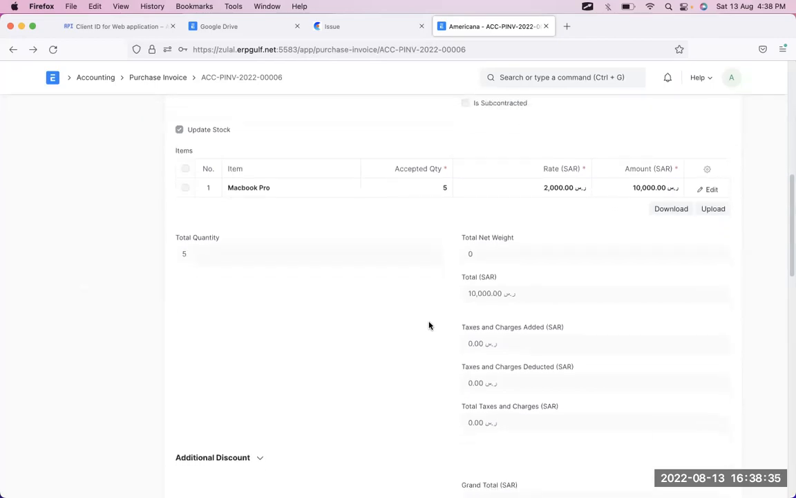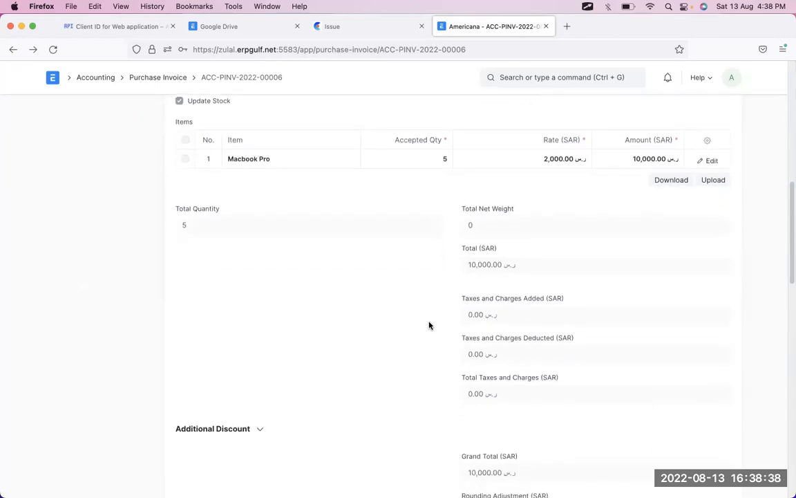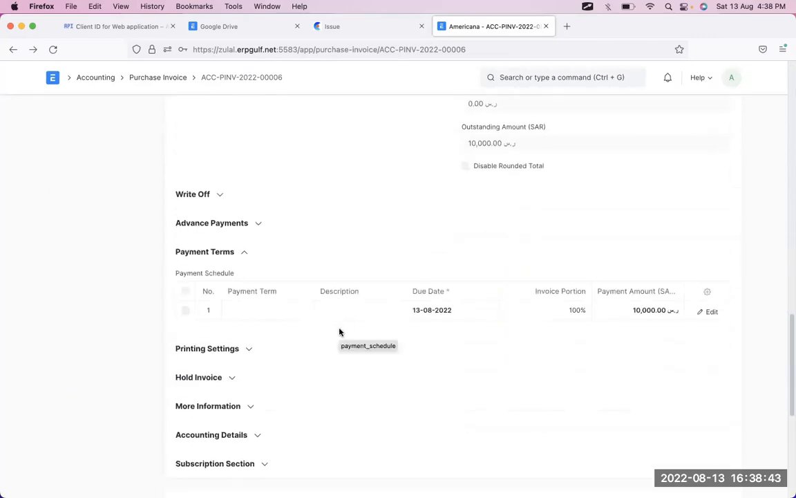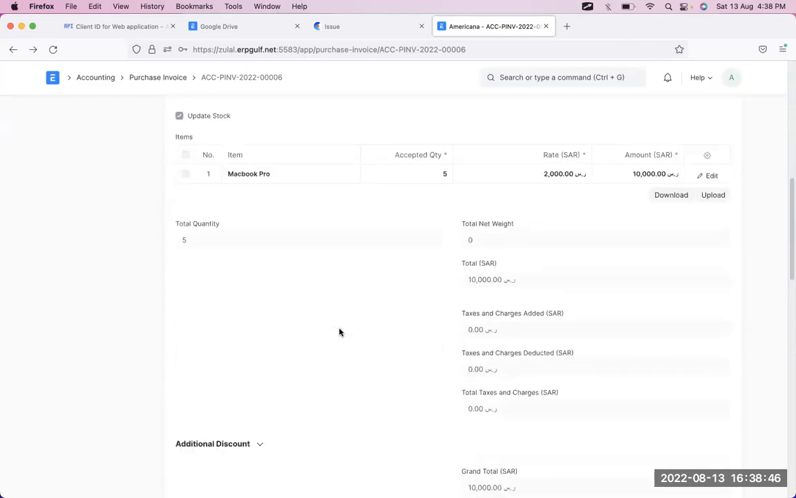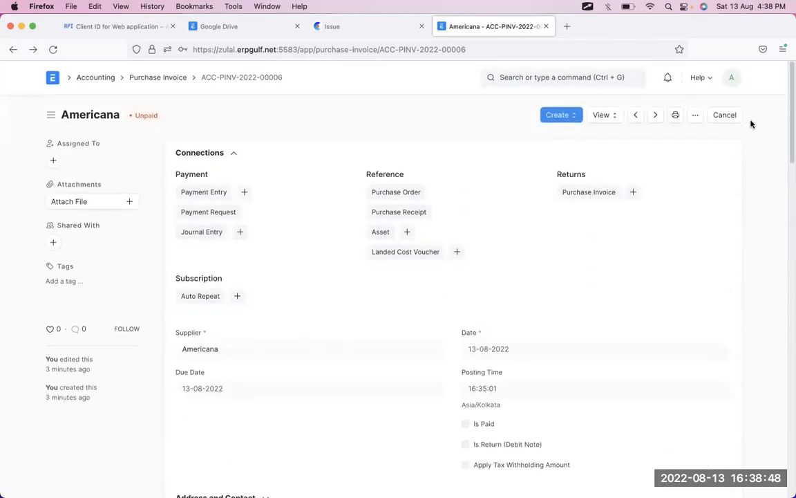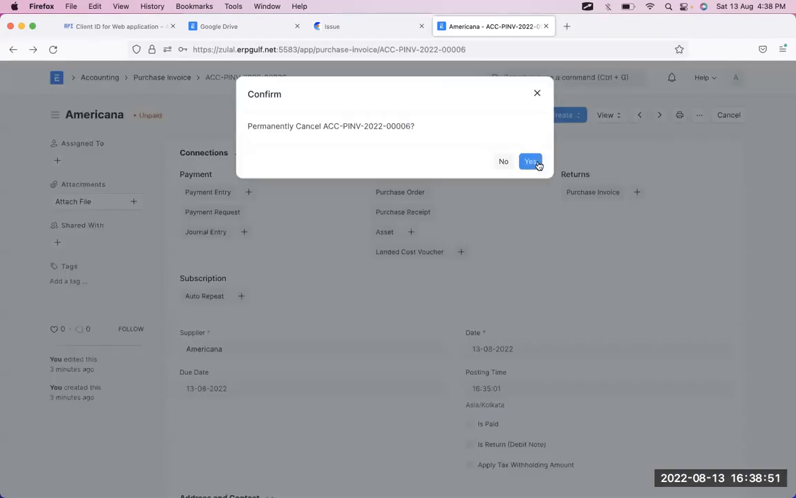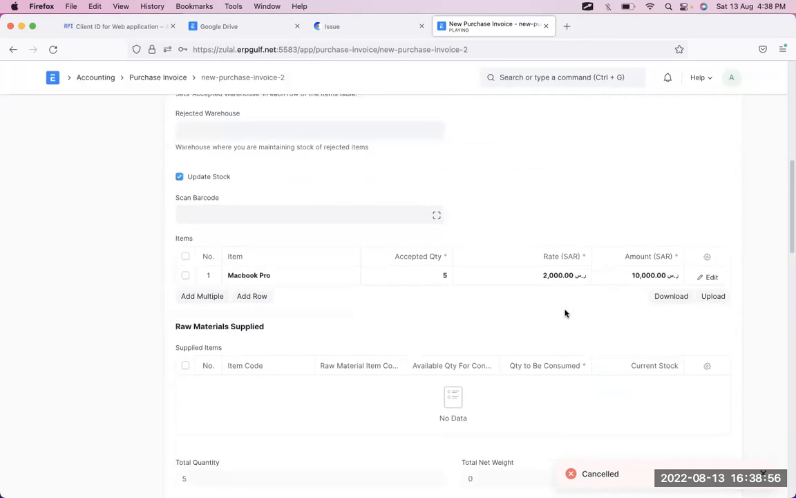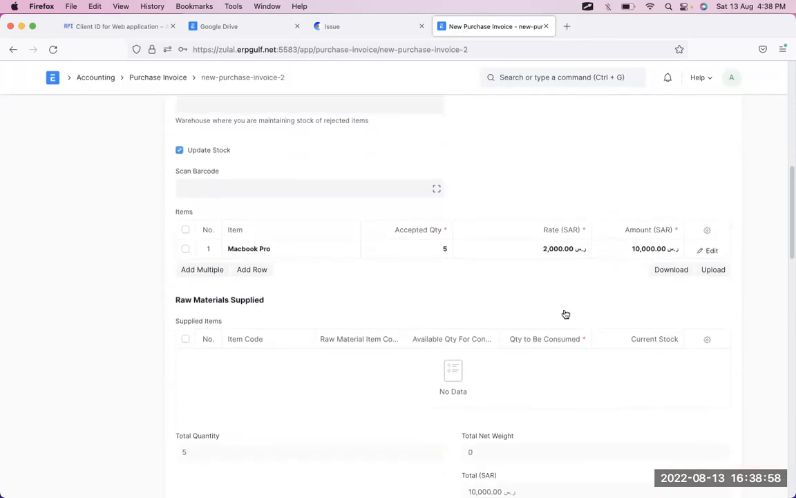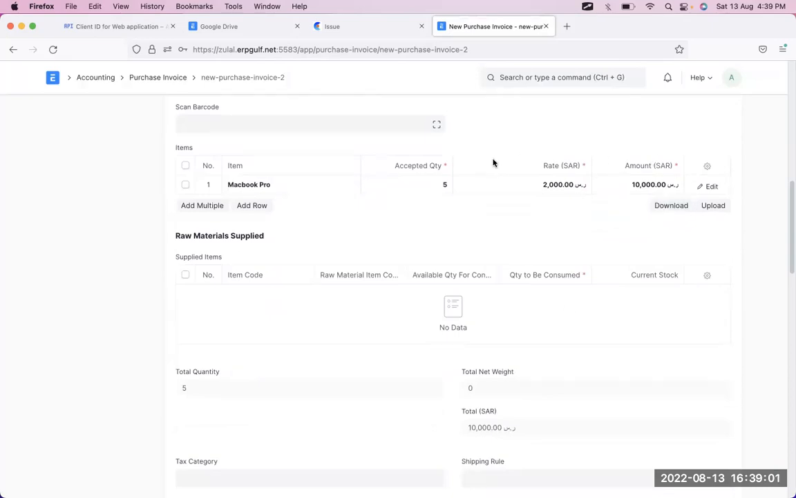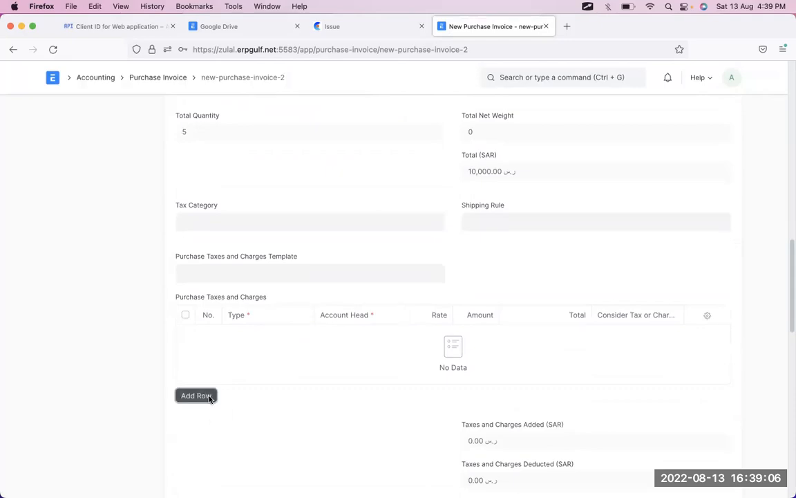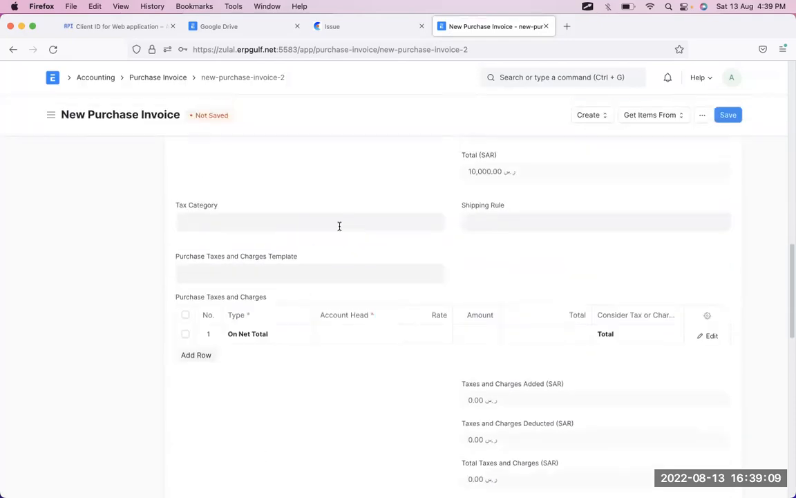Now, let's assume I'll just cancel this because I want to add something here. I don't want to create another invoice and all. I will just cancel it and amend it, okay? Because if we create more, it will be difficult for you to understand it. So here, when we are bringing 5 quantity of MacBook Pro, we spend some more money on that. What could it be? It could be something like